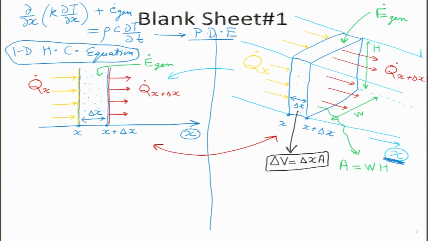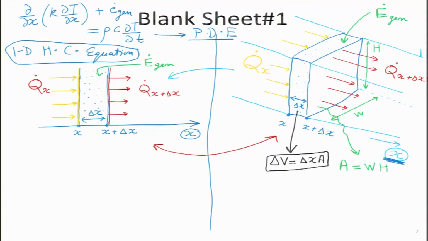So, we have to keep this colorful diagram in mind while we are trying to do the derivation for the one-dimensional heat conduction equation. We will also understand what is the principle behind this particular derivation. So, the idea is that we are using one of the fundamental laws, like if you look in physics, there is a fundamental law of conservation of mass, conservation of momentum, it could be linear as well as angular, and conservation of energy. So, the last one is the conservation of energy, and that is what we will use over here. We will make help of the conservation of energy law and try and see if we can derive this differential equation given over here.